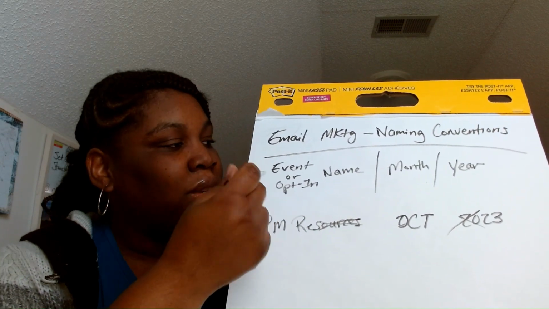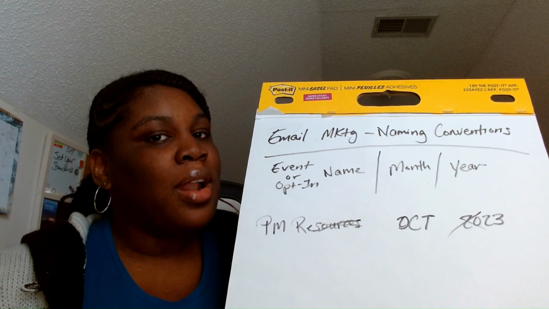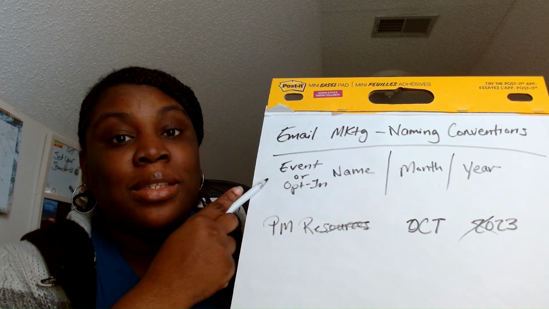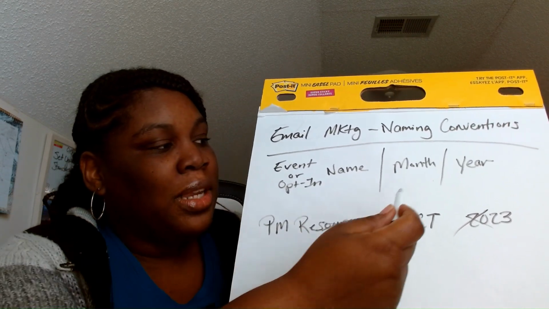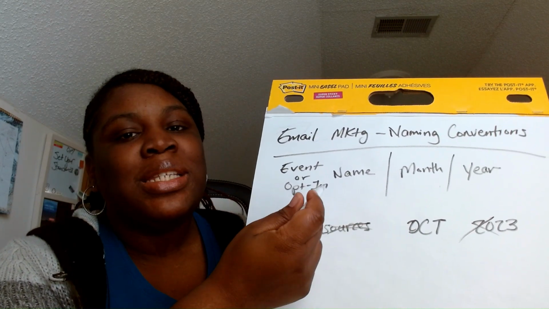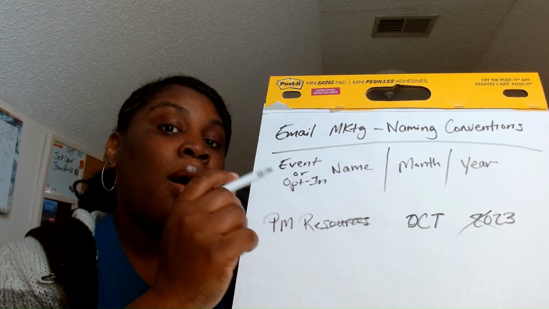So you need to have it documented as something like this, where it says, every time we have creating an opt-in or an event and we're adding new tags to our system, that's the naming convention. Event or opt-in name, month, and year. And if you have to cut it down for whatever reason, make sure those details are in the description or the document that you're using to manage your